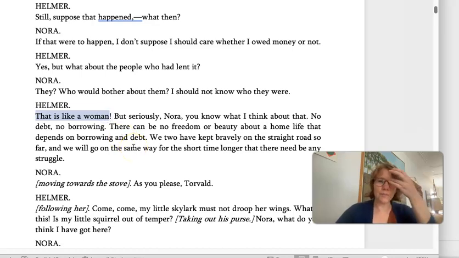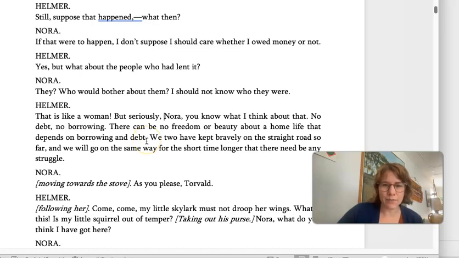So he's, again, falling back on sort of stereotypes of women as being very careless with money and having spending and shopping and that kind of thing. But he says, but seriously, Nora, you know what I think about that. No debt, no borrowing. There can be no freedom or beauty about a home life that depends on borrowing and